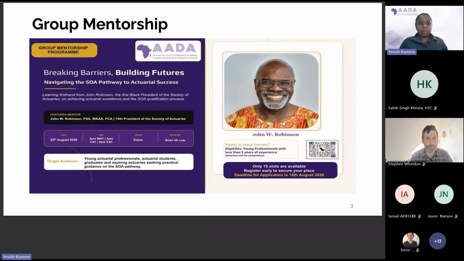It's Breaking Barriers, Building Futures. It's scheduled on the 25th of August. There are only 15 slots available, and the deadline for application is the 14th of August. So if you'd like to be part of this